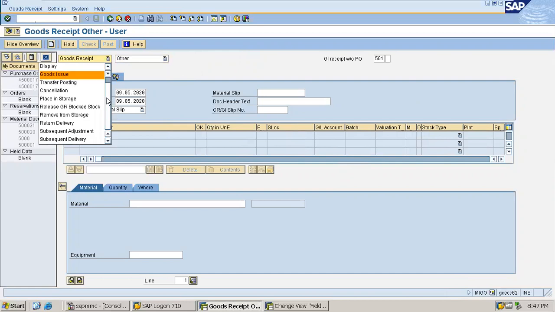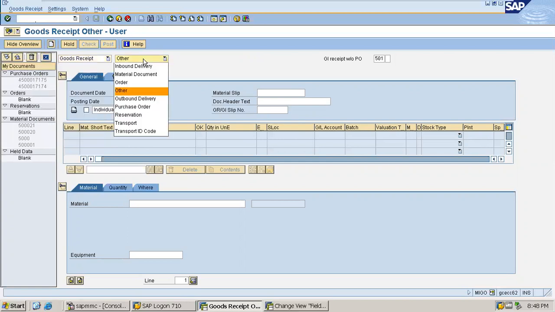Generally purchase order is chosen by default, which is the default screen layout. However, you have to choose the options according to your requirement. So I have chosen goods receipt here, and here we have to choose the other.